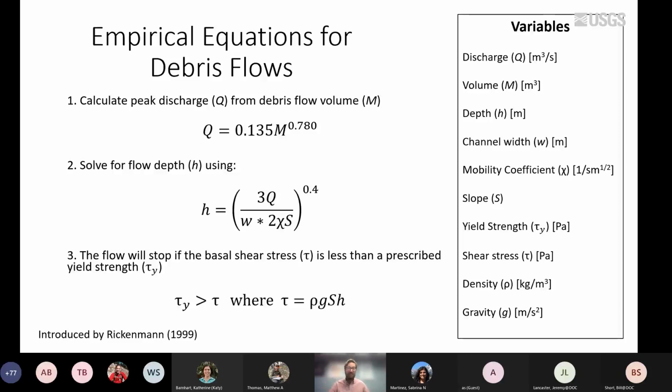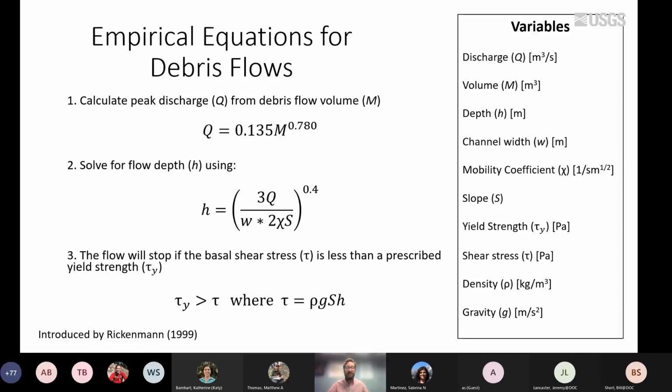And as volume is routed downstream and depth is calculated, it is not routed indefinitely. We have a stopping criteria built in to ProDF. And so prior to the start of a simulation, a user will prescribe a yield strength, shown here as tau sub y. At every point that flow is occurring, similar to calculating depth, ProDF also calculates a shear stress,